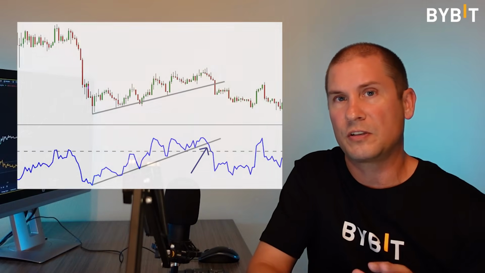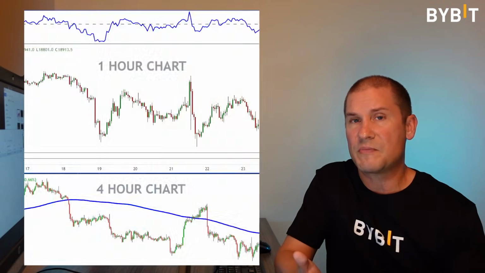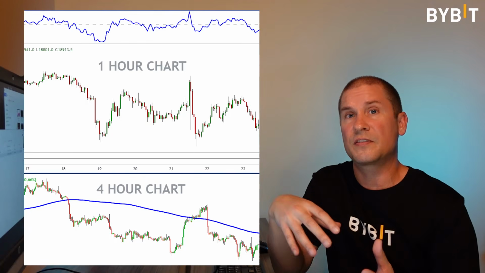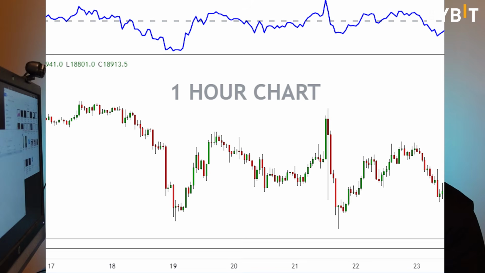That's where we could look at different patterns on the chart. We could look for trendline breaks within the RSI. We could also use a multi-time frame analysis where we're identifying the direction of the trend on a longer time frame and then scaling down to a lower time frame, using RSI when it becomes overbought or oversold at that time. A strategy that I want to share with you here for the rest of this video is with regards